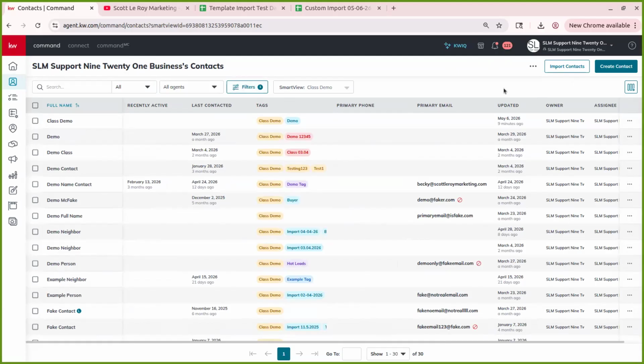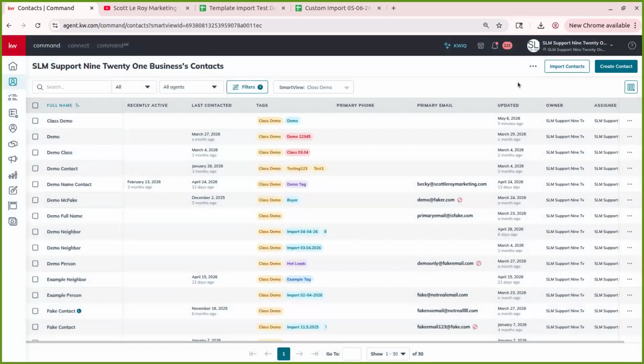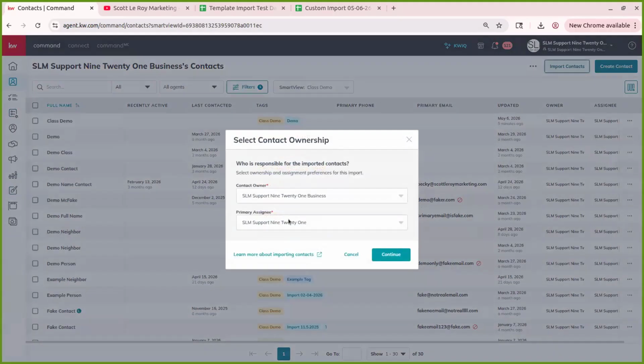So you'll notice our banner across the top is gone. We can click this notification bell and we'll see whether it was successful or it failed. It says it failed. It's because I added that fake number, but I will show you what that looks like. It still would have imported the one contact that did not fail to import, but we'll look at that in a second. I'm going to go ahead and add in our other